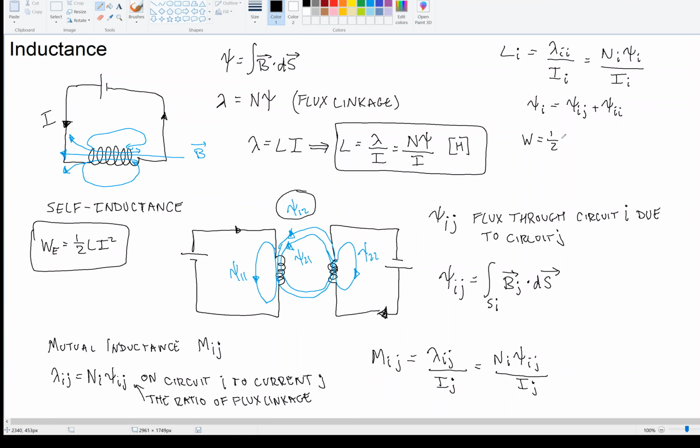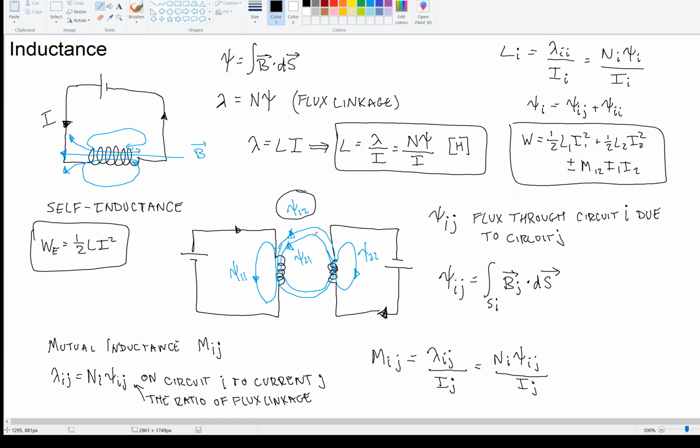So this is 1/2 L1 I1 squared plus 1/2 L2 I2 squared, and then we'll do a plus or minus the mutual inductance, L, times I1 I2, and we're going to choose